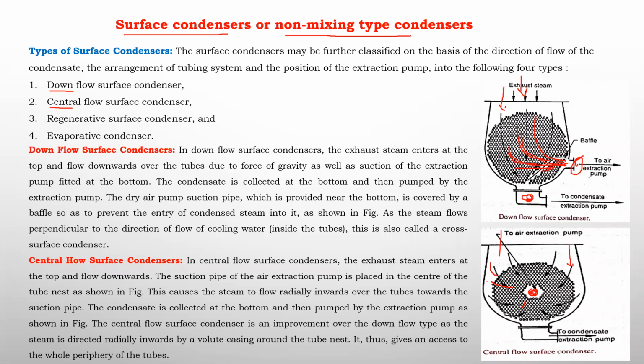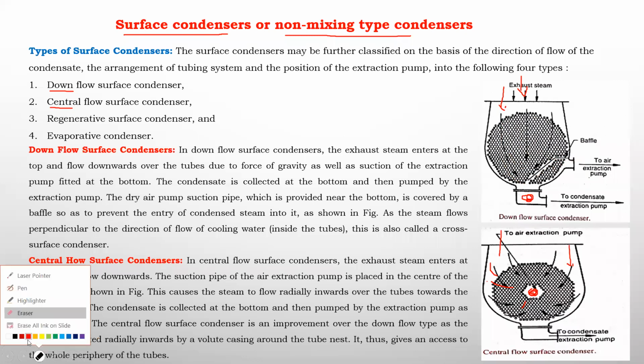In order to avoid that, there is a baffle type arrangement. Once we place a baffle arrangement, all the steam will be directed towards the downward direction, up to the end point here. Observe, this is the portion up to here, a baffle arrangement is there. The steam will come in this downward direction, because a vacuum will be created here. Once it is coming in this direction, all these are pipes. Within these pipes, cooling water will be circulated.